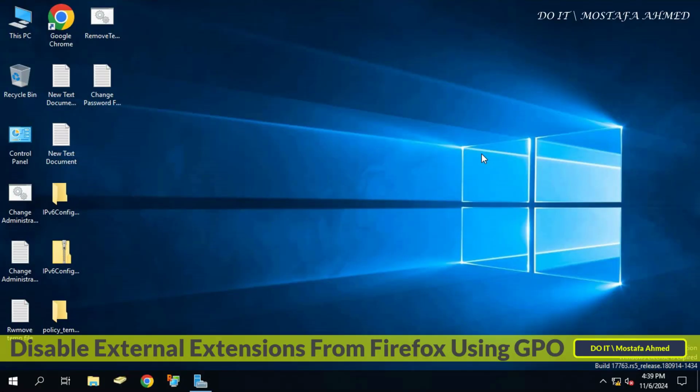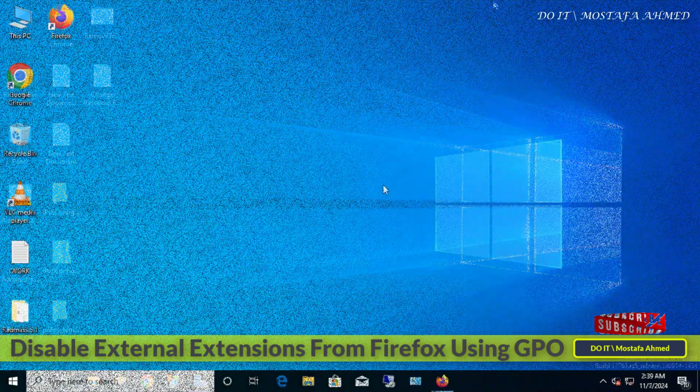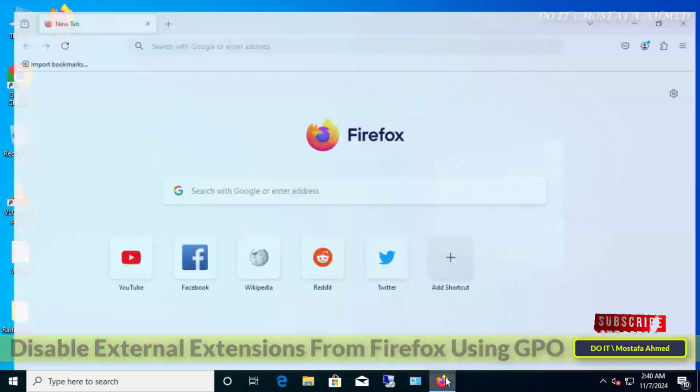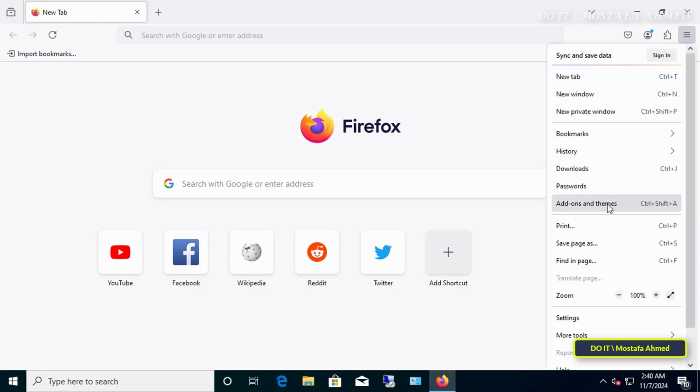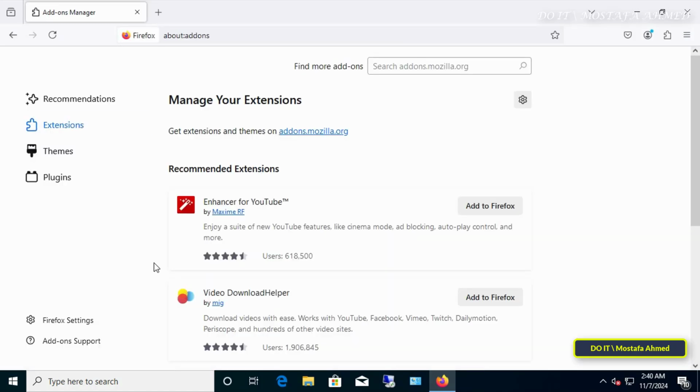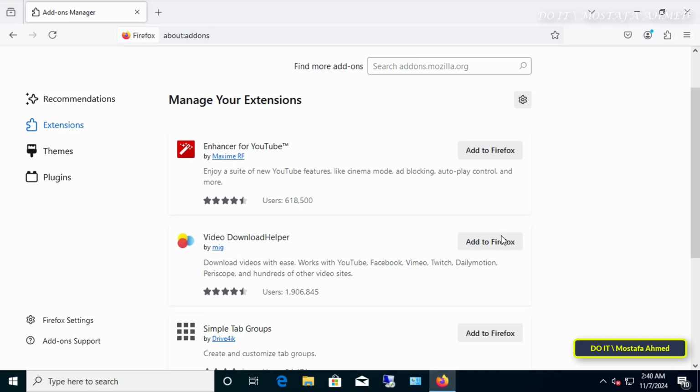In this video, I explain how to block extensions on Firefox browser using Group Policy, where you can disable installation of Mozilla Firefox extensions by applying a policy to domain users that prevents them from installing external extensions. By default, domain users can install external extensions on Firefox without any restrictions